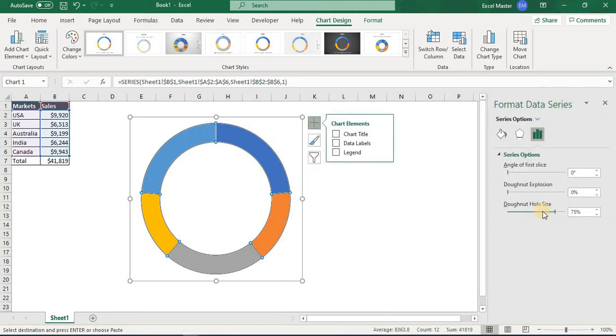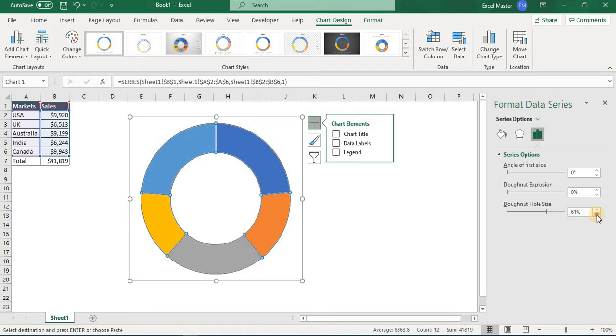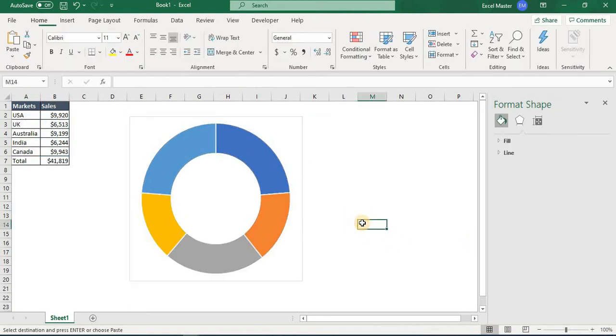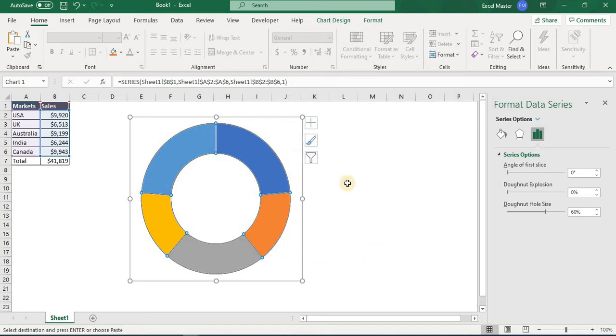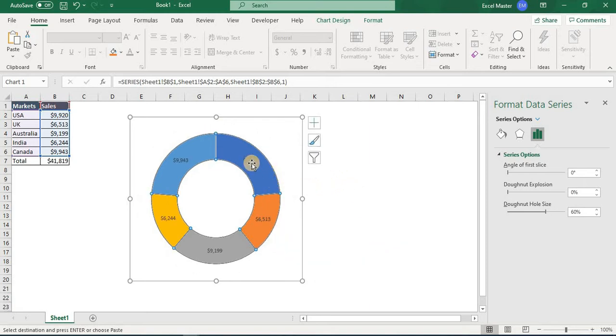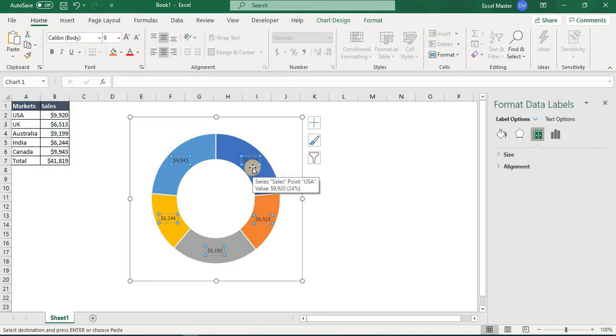Here the donut's hole size, I will keep at 60%. Now we will add the data labels. We'll keep the data labels outside the series.